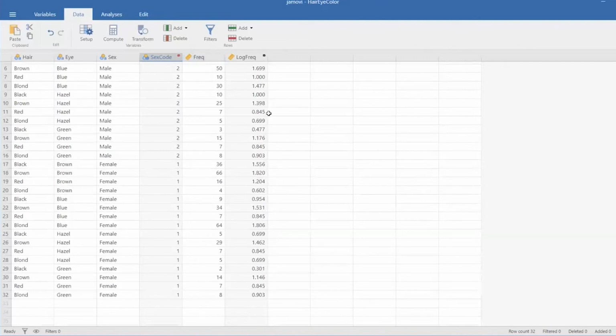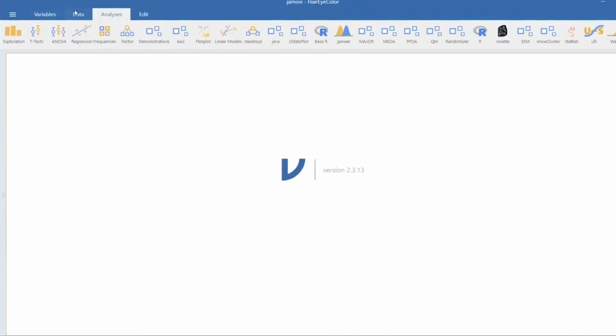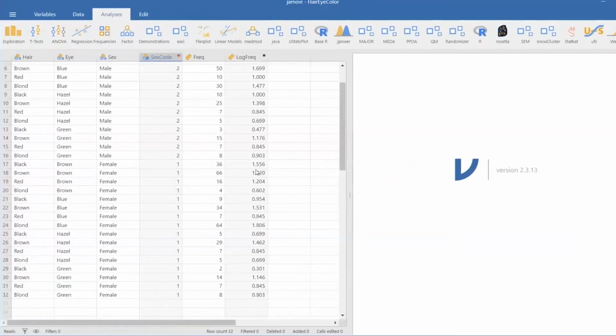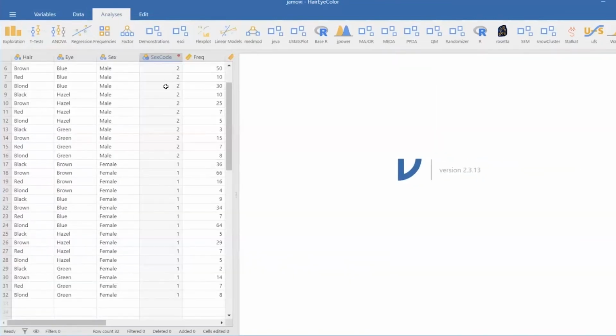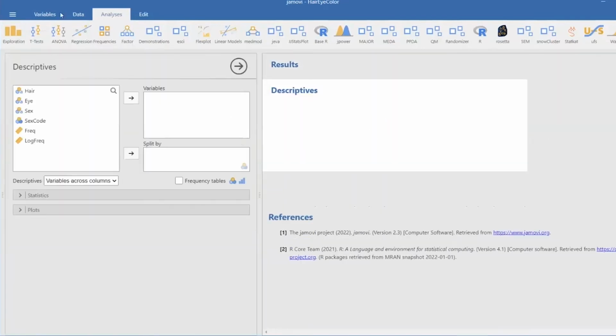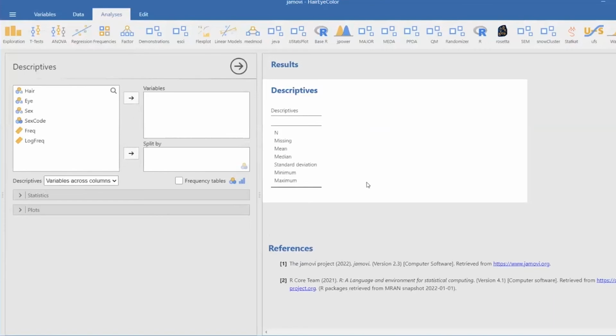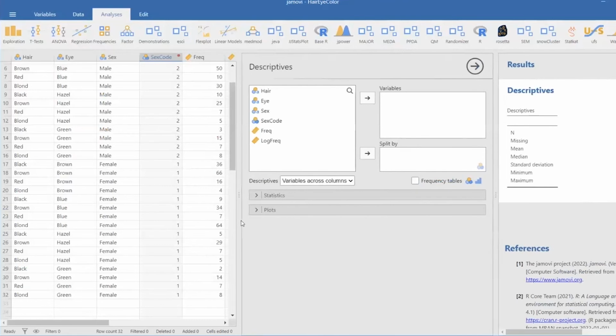What's next? We can go ahead and do the descriptives. See how here, like now we can only look at the analysis, just drag that over. I love this, it's so cool. So let's go to exploration. Again, descriptives. So this is our model here. It opens it up. This is our output. Like I said, if we wanted to, we could just scroll this over and we can look at our data